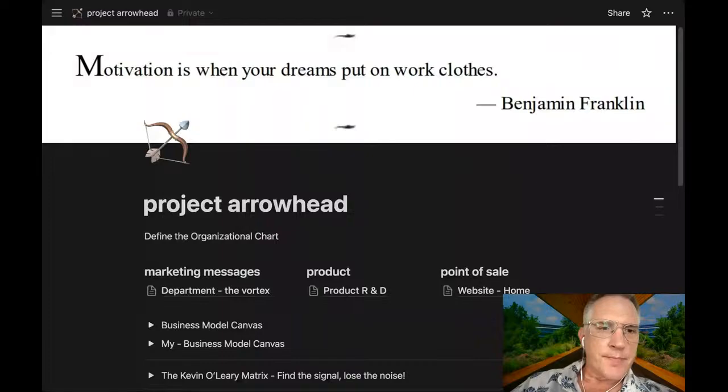I have to pull out the tab into a separate window. There, see? And then I could put it back into the same window, and I think it's still going to work. Okay, good.